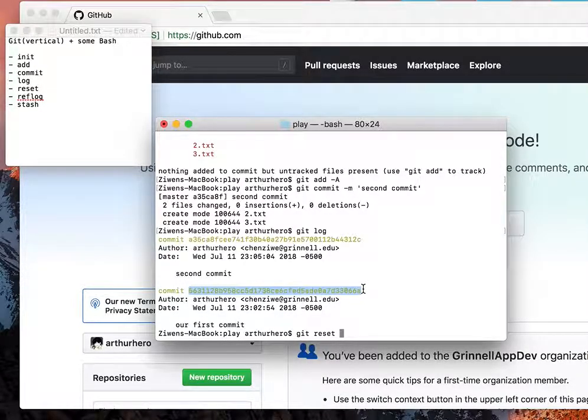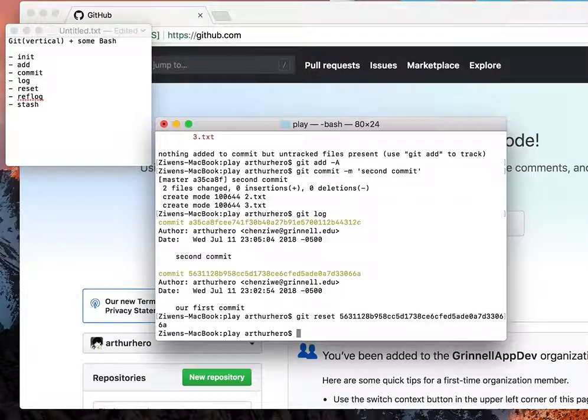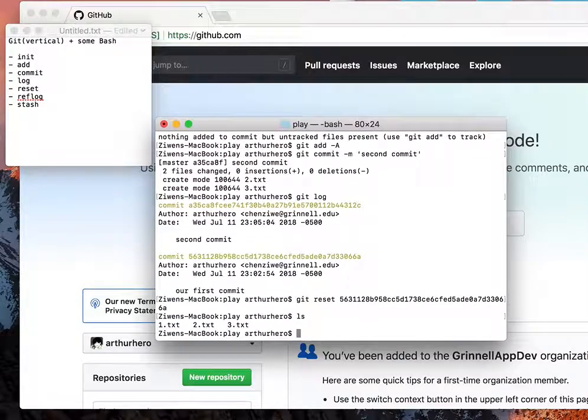That is the shorter version of this unique ID, but either way is fine. So just type git reset and the ID or hash for this commit point and hit enter. And now do a list. Oh yeah, so you can see 2 and 3 is still here, but when we do git log,